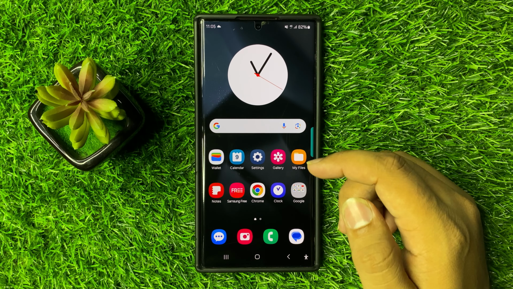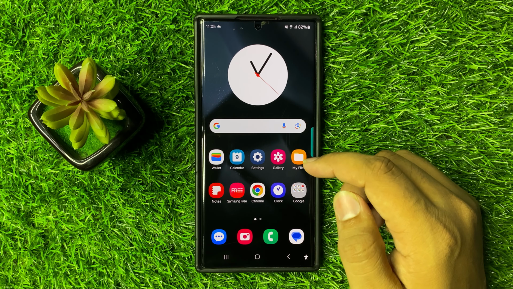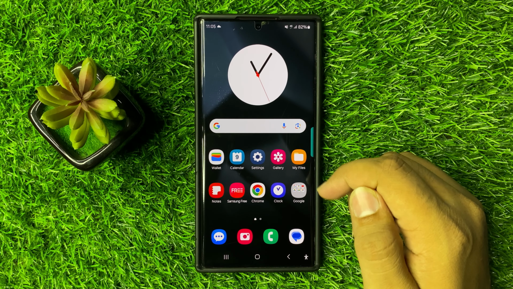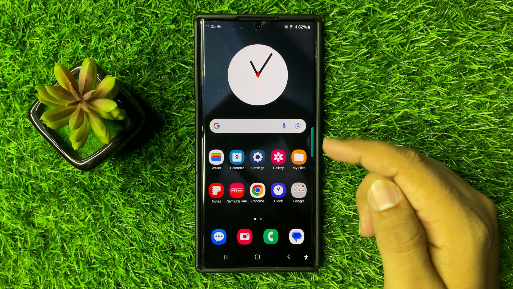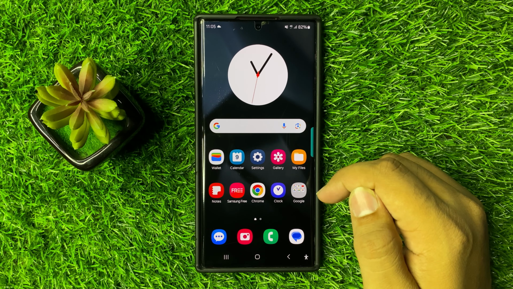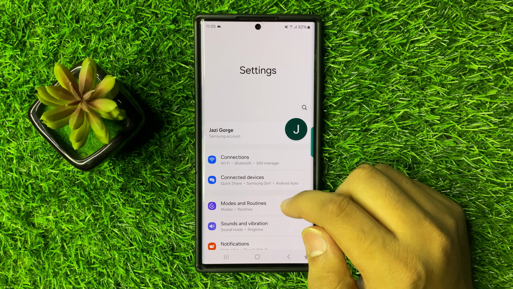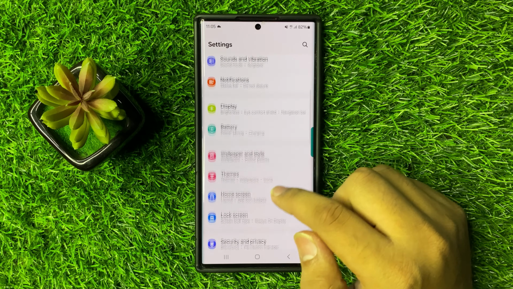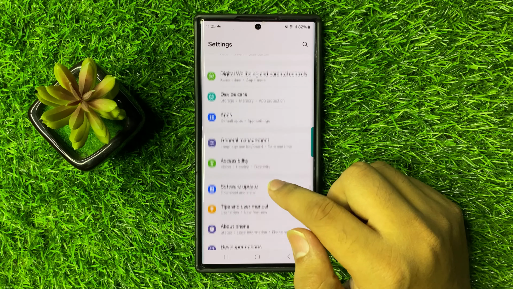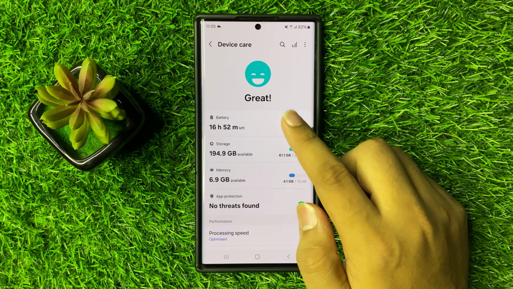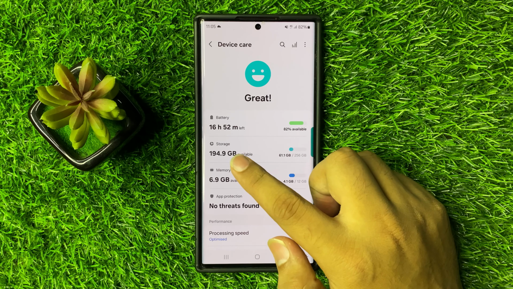In this video I will show you how to fix the S25 Ultra which can't install apps. So to fix this issue, first of all check storage space in your phone. So for that open settings. Now in settings scroll down and here click on device care. Now in device care click on storage